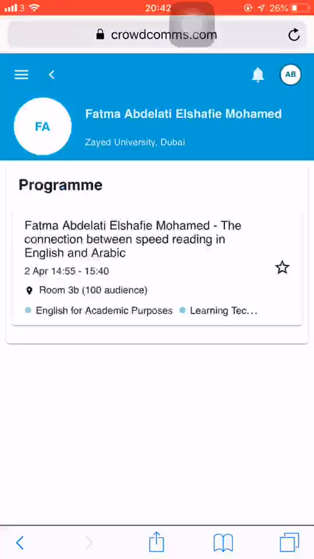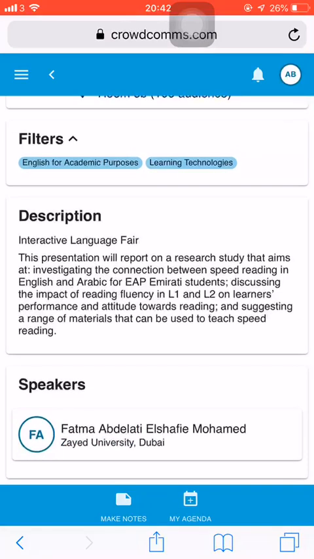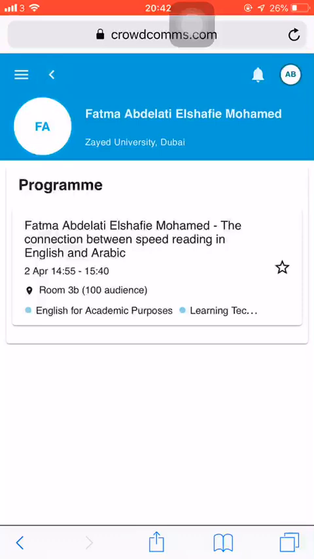If I want to read more about the session, I will press on it and I'll be able to read the description, the abstract of the session. Going back, I might be interested in this session, so I will press this star here. By doing that, the session is now added